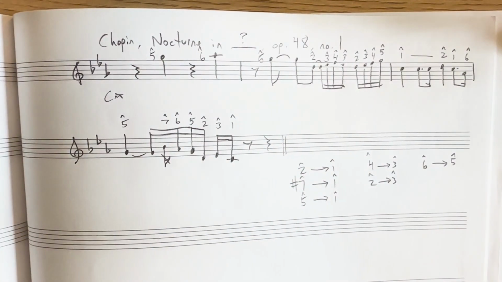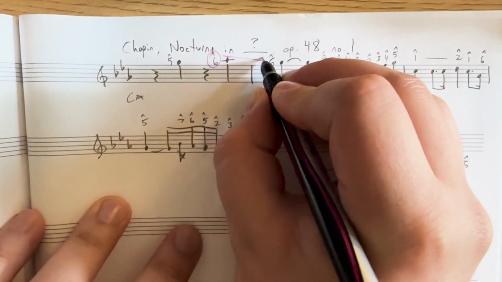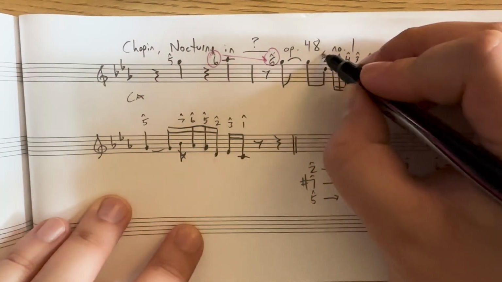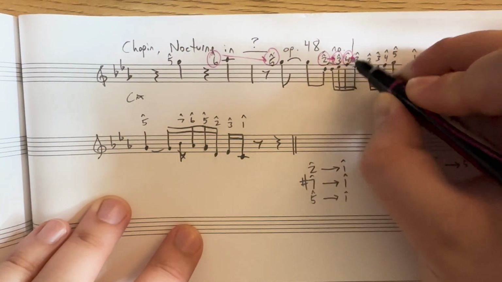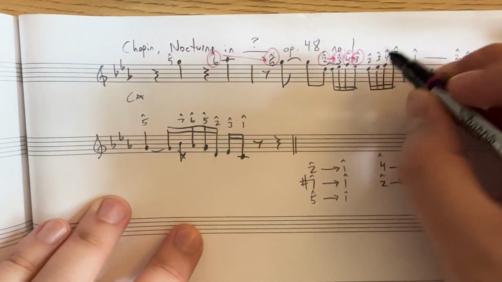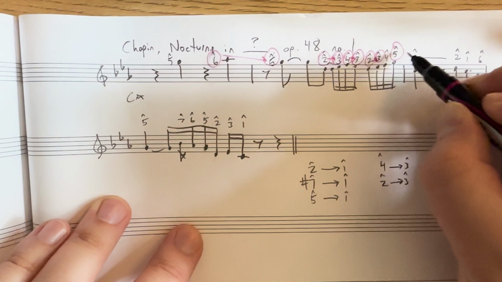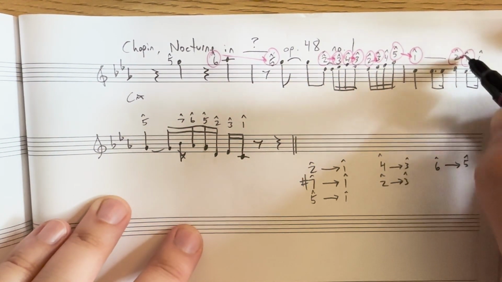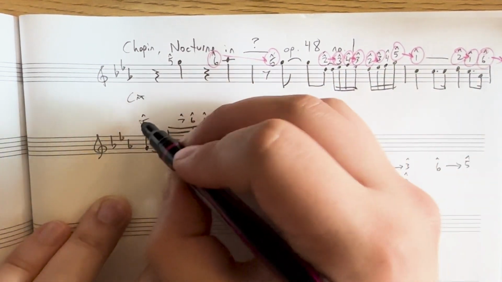It looks like, in this case, the first thing that we're going to see is the 6 going to a 5. After that, our 2 goes up to 3, 4 goes down to 3, 2 goes up to 3 here, 5 goes down to 1, 2 goes down to 1, 6 goes down to 5,